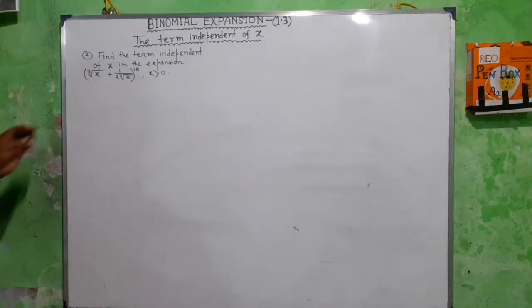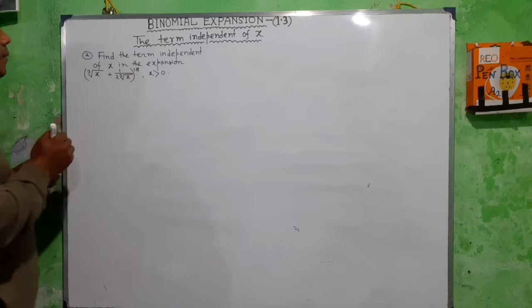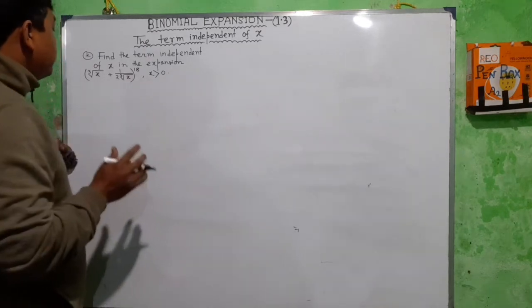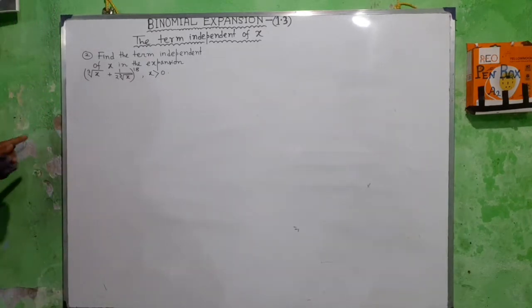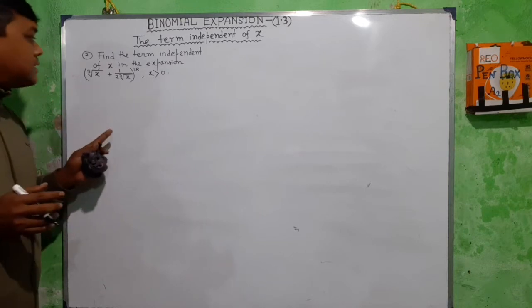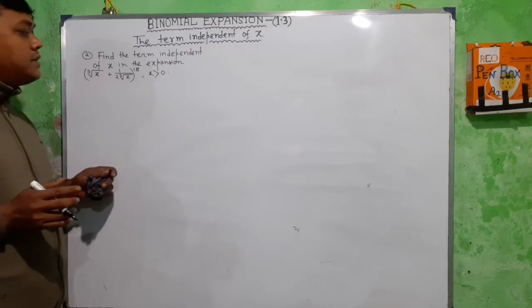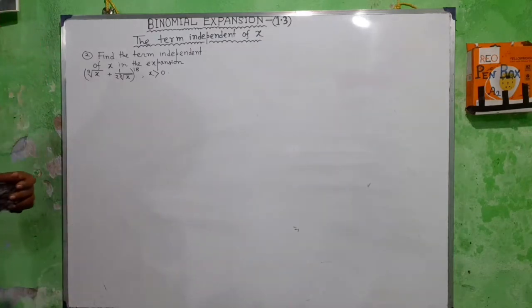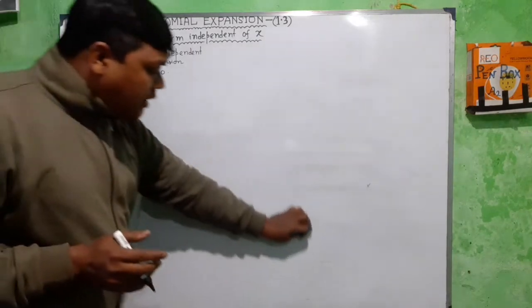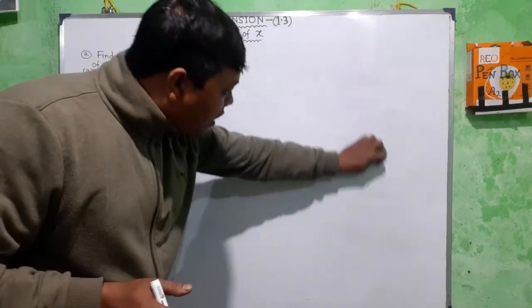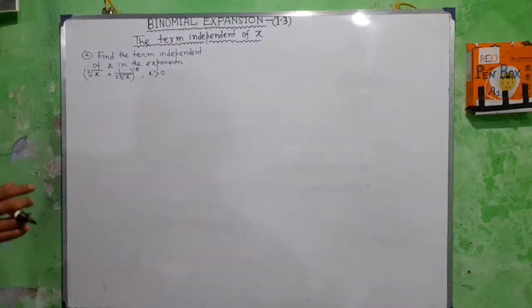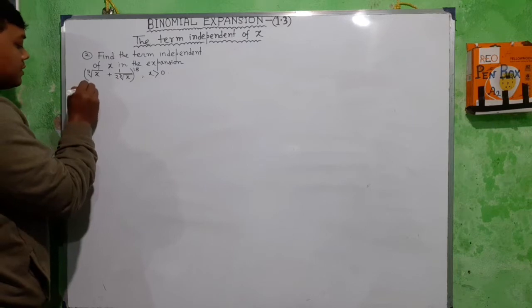So the other problem is: find the term independent of x in the expansion of (cube root of x plus 1 by 2 cube root of x) whole to the power 18, where x is greater than 0. Okay, this type of problem we have already solved. So let us assume that